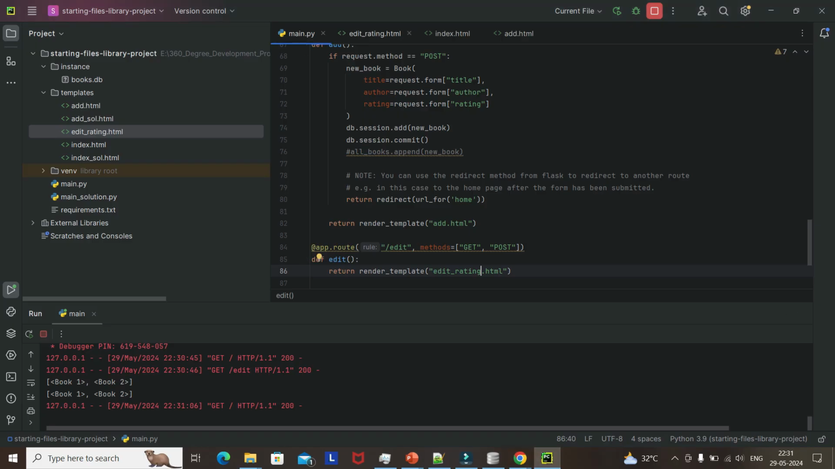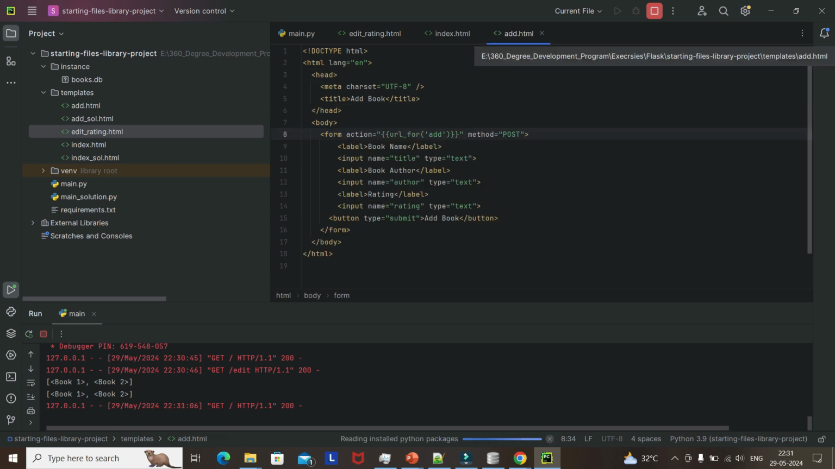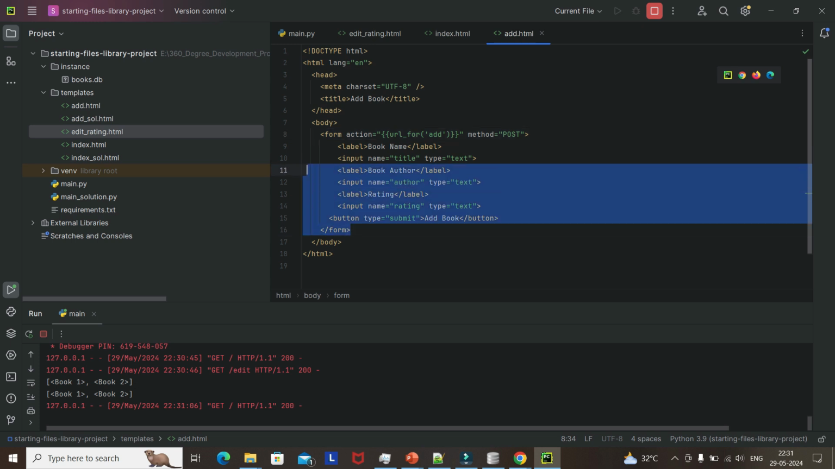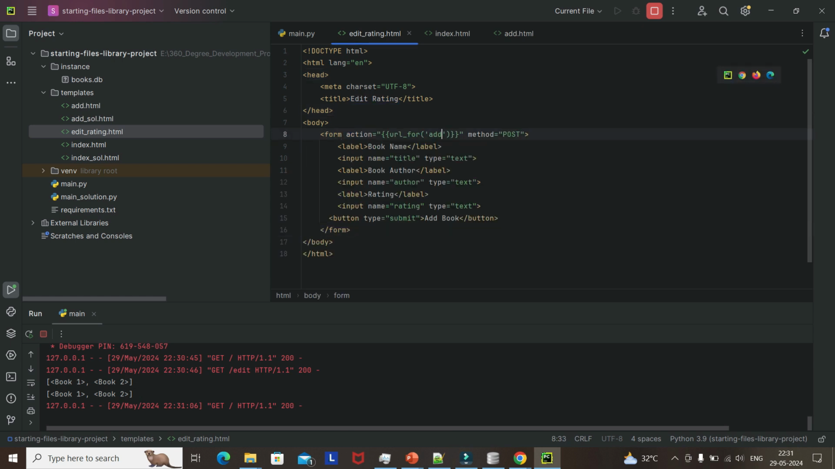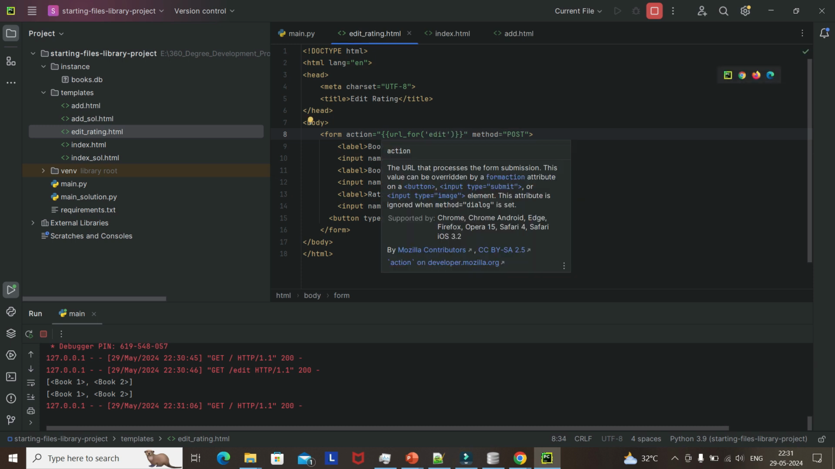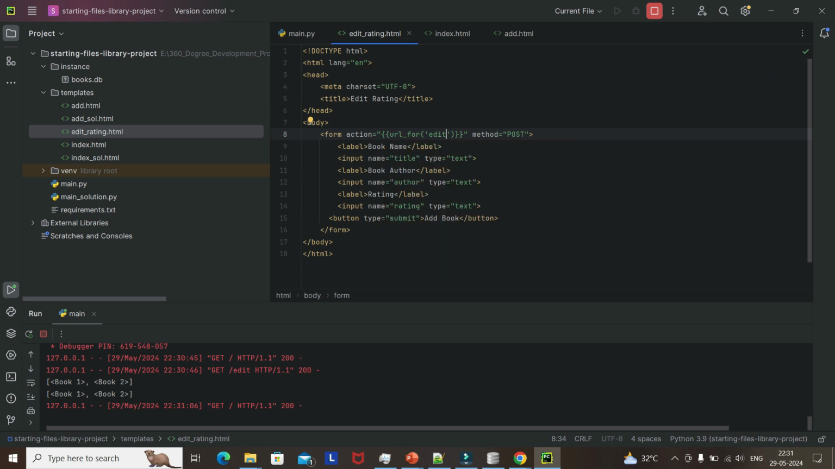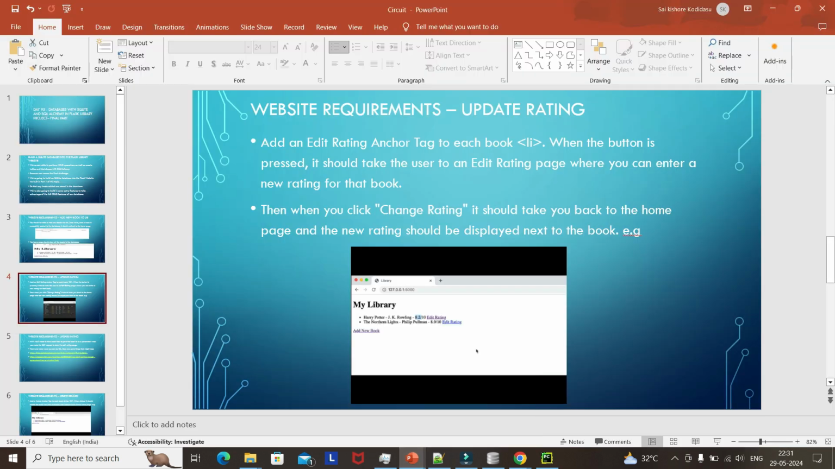So now I'm going back to edit rating HTML. It should be something like this form only. So I'm copy pasting this, but we need to edit. Now it should be URL for edit. Now if I go back here, click on edit rating. It should give me the book name and then the current rating, and then